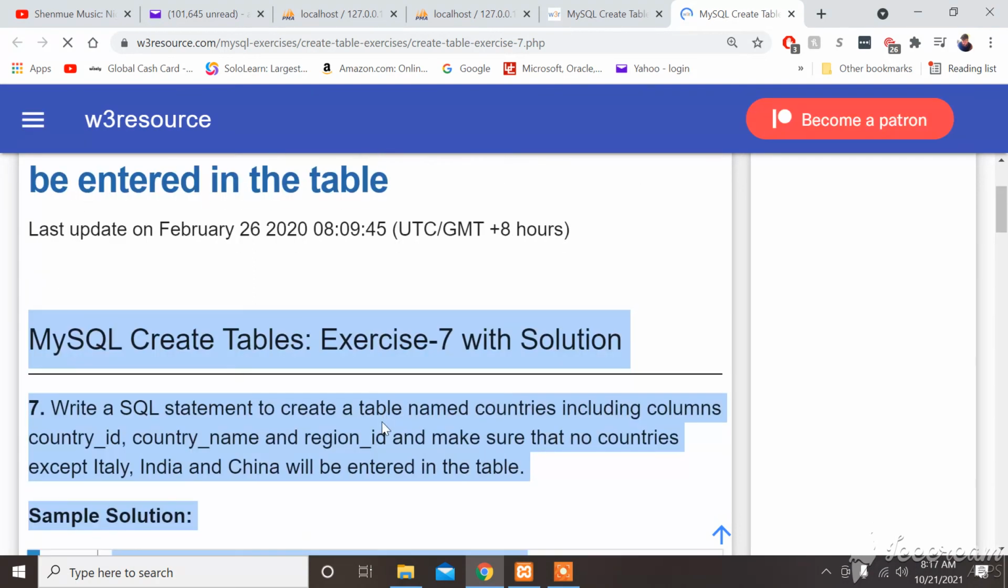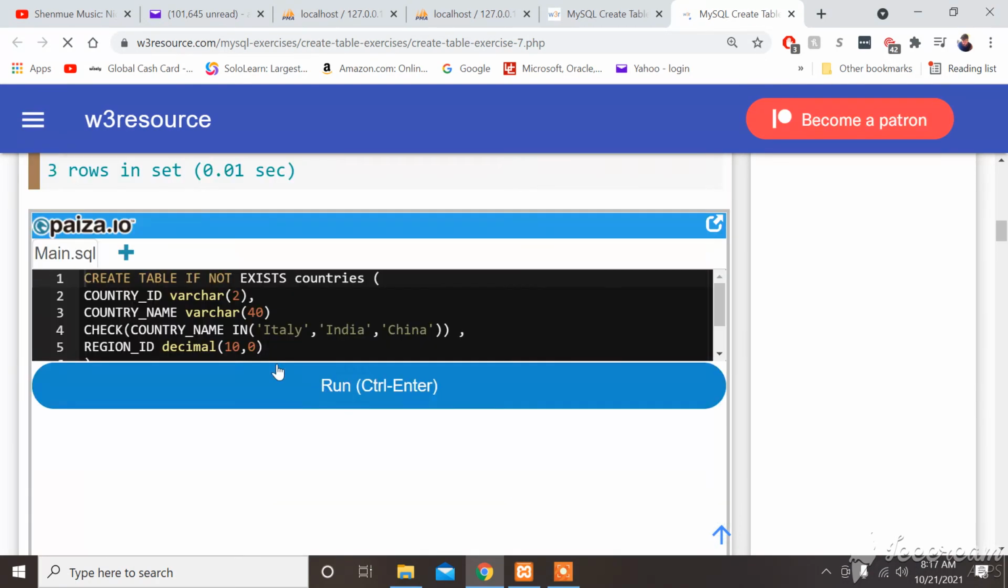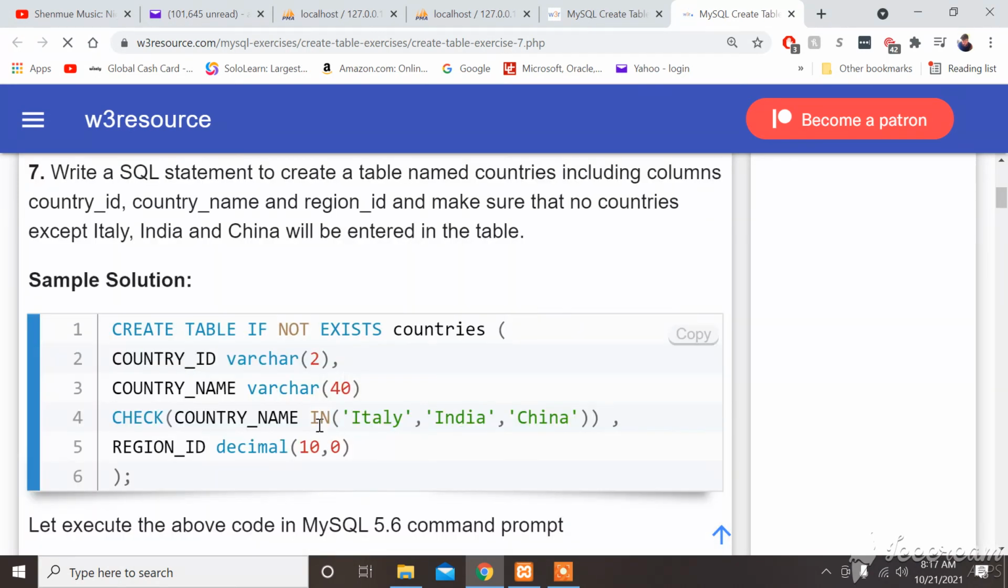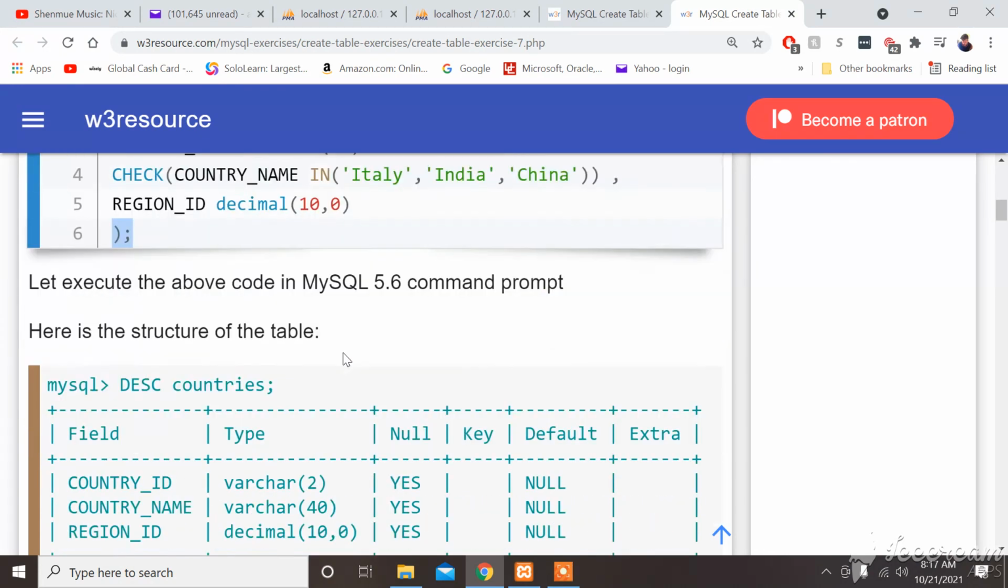Huh? Oh yeah, remember that thing? It just loads because it has multiple tools on it. So certain tools might load faster or later. All right. (country_name in ('Italy', 'India', 'China')), region_ID decimal(10,0));